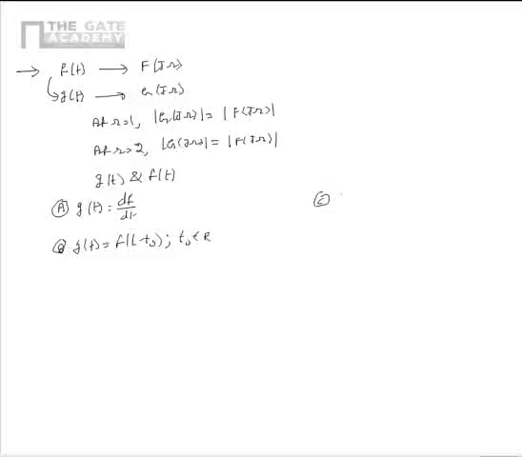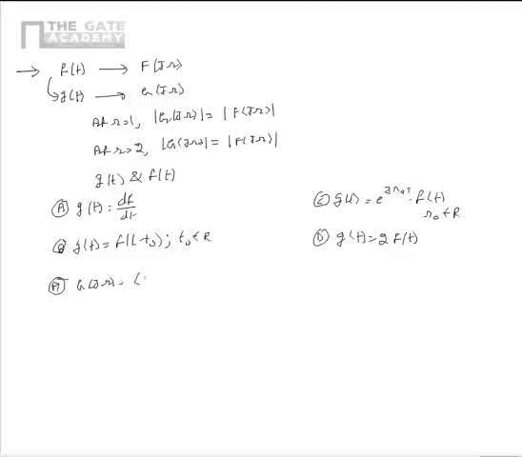Option C is g of t is equal to e power j omega naught t multiplied by f of t, where omega naught belongs to R. Option D is g of t is equal to 2 times f of t. So as per option A, if g of t is equal to df by dt, we know that